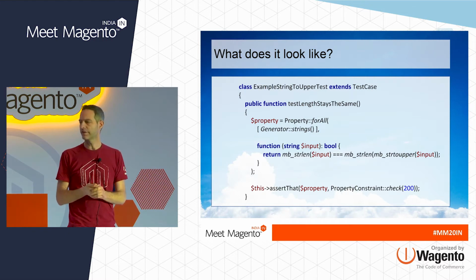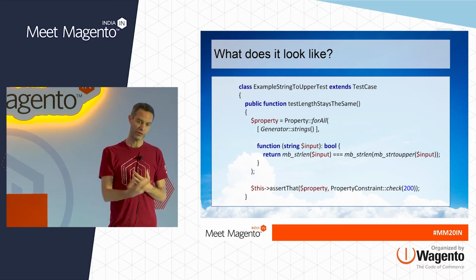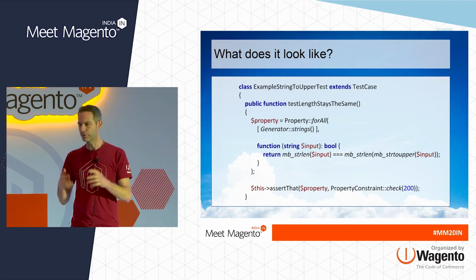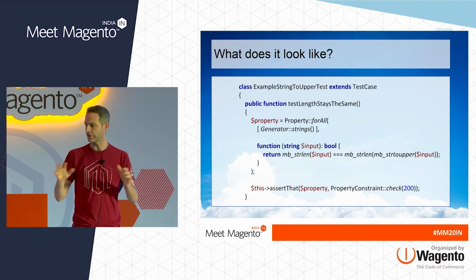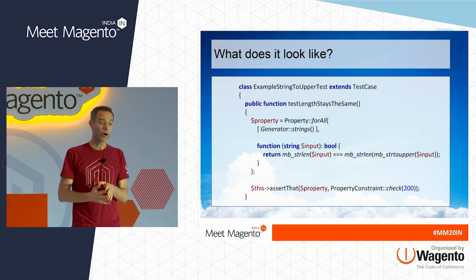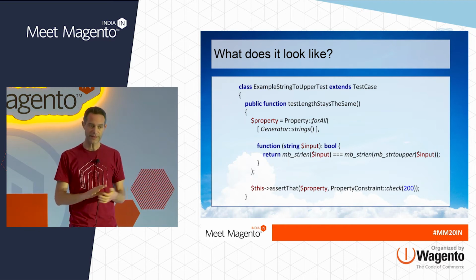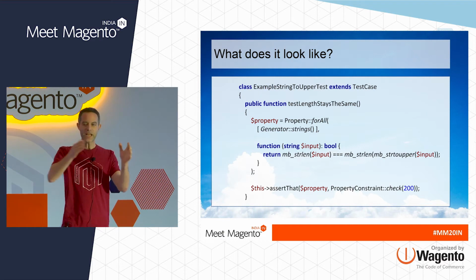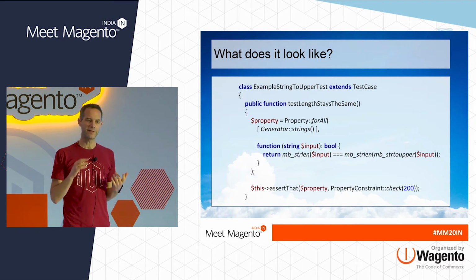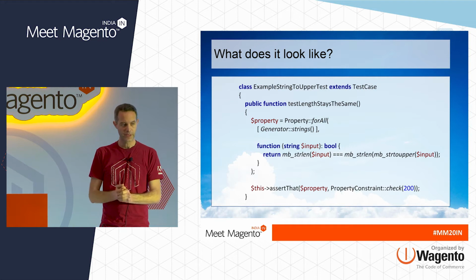But we can also define custom generators, and there are many generators that are included with Quick Check. All the basic data types like integers and positive ints and booleans and arrays and maps and all that stuff is covered. And then I can take those and combine them into custom generators for more complex data structures and also for objects. But I'll show an example of that later on too. So that's the first argument, all the generators that I need. Here, just one. And then the second argument is a function. And that function takes the generated argument and then